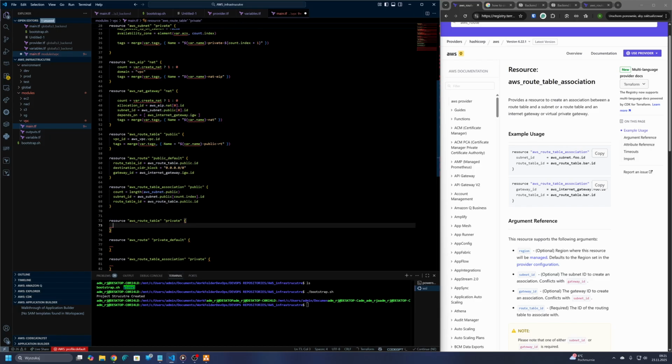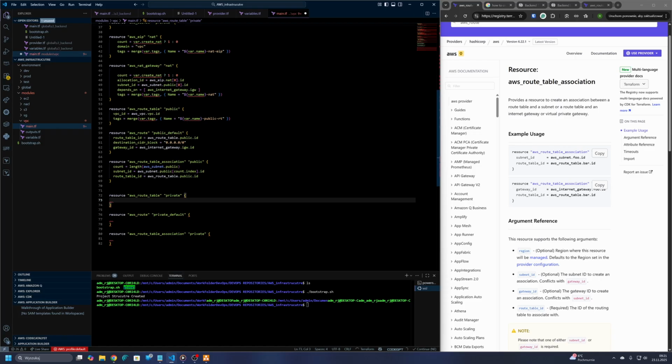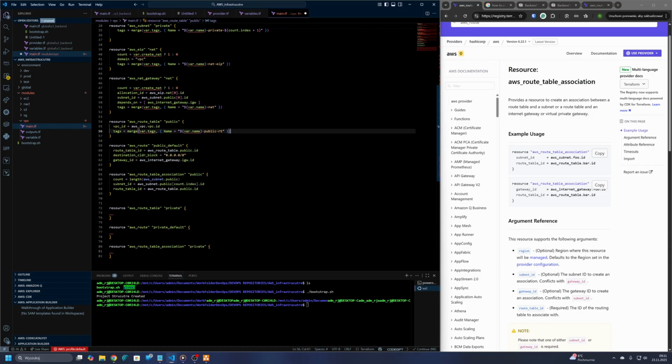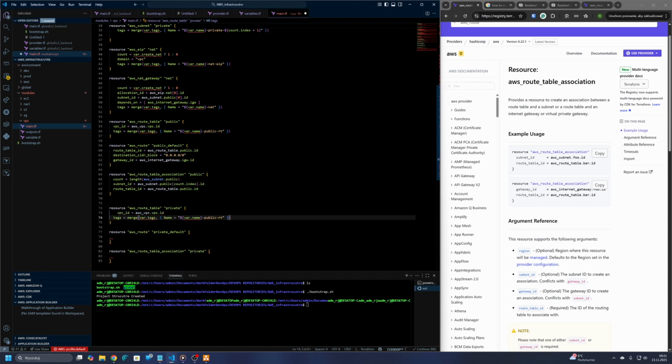Great, so we've got our AWS route table association, and we also need to add the same for our private route table. So let's go with that. Let's just copy paste that, but we will name that private route table, and we are going to also create